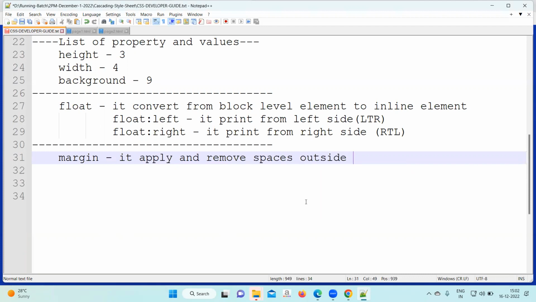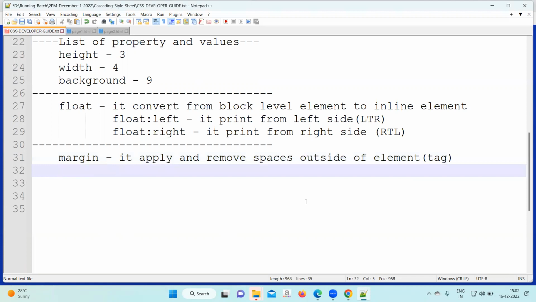outside of the element. Element is nothing but a tag. Your HTML tag you can call an element also. According to JavaScript terms, all the HTML tags are called elements. So we wrote margin: it applies and removes spaces outside of the element. Okay, so it has different types. First, write margin